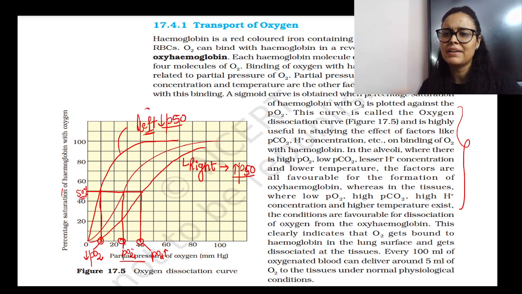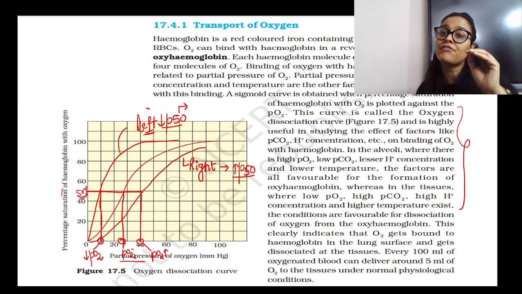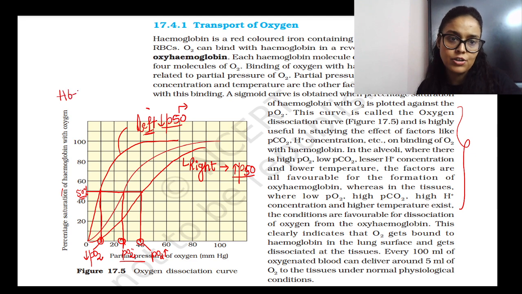And why it's required, again, we will see, right? Because ultimately I have to show you how the partial pressure of oxygen varies in different organs in order to saturate 50% hemoglobin. So what is the P50 value? The value of the partial pressure of oxygen at which 50% hemoglobin is getting saturated, that is, 50% hemoglobin is binding with oxygen. So that is the basic concept. We have to use this concept in order to understand what is there in the paragraph and what type of question they are asking in the exam.